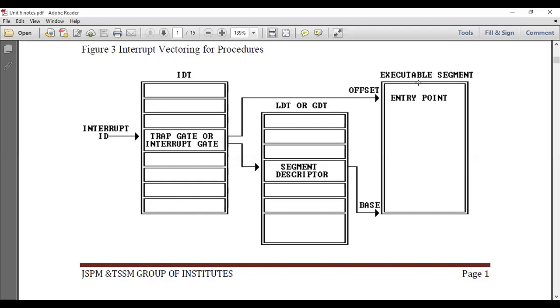Okay, so you might be able to get with this structure. There will be the interrupt vector, which will be for some particular procedure that has been called. It will be maintained as a part of your IDT, the interrupt descriptor table. Then we need to get, for an interrupt gate or trap gate, what values it will have, or which will be changed, given the information to the GDT or LDT, and it will be given that information in the form of an offset for the executable segment. So that is the expected output that you are able to generate, right? It will give the overall scenario for this interrupt vector, how it will be processed.